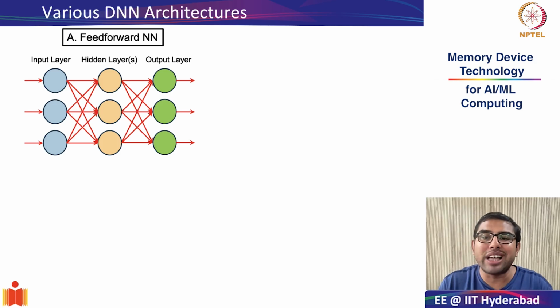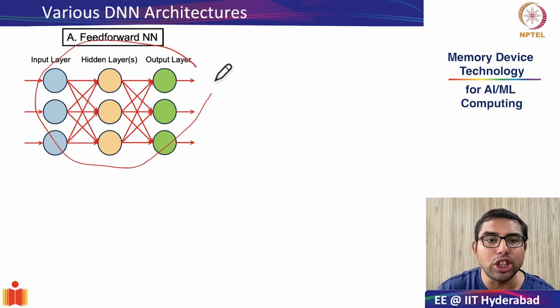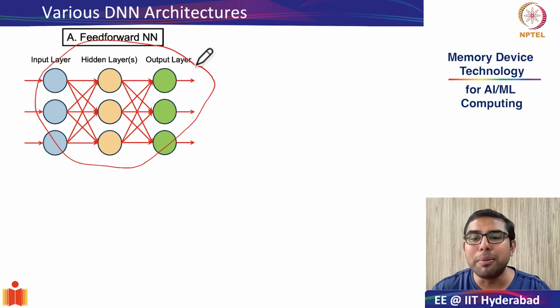You wouldn't really use a hammer when you need a screwdriver. So in the same way, different architectures or different topologies of neural networks are better suited for vision, language, or even generating new data. So in this context, let's walk through the most important ones. The first one is the one which we have been studying throughout. It is your simple feed-forward neural network.